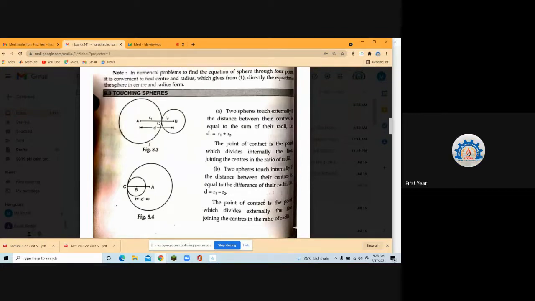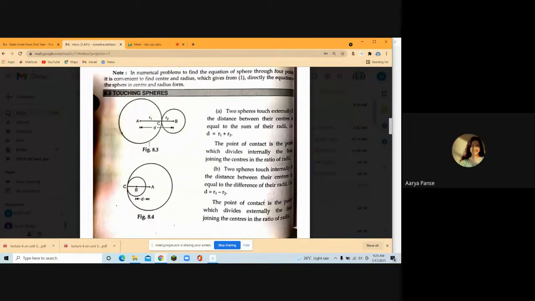The spheres will be far away from each other. If the distance is exactly equal to the sum, they will be touching, but if it is greater, then they will not be touching. That is one more further point. Very good, Arya. So is the concept clear to everyone with the help of the diagram itself?